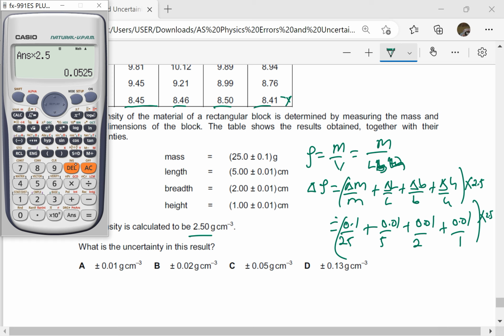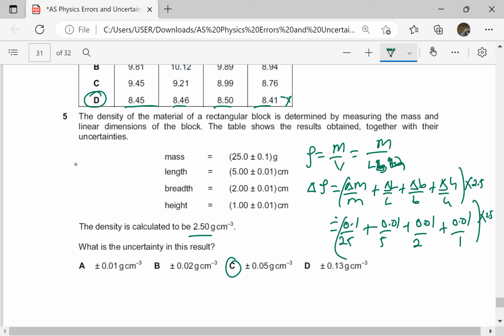So that is automatically C, 0.05 grams per